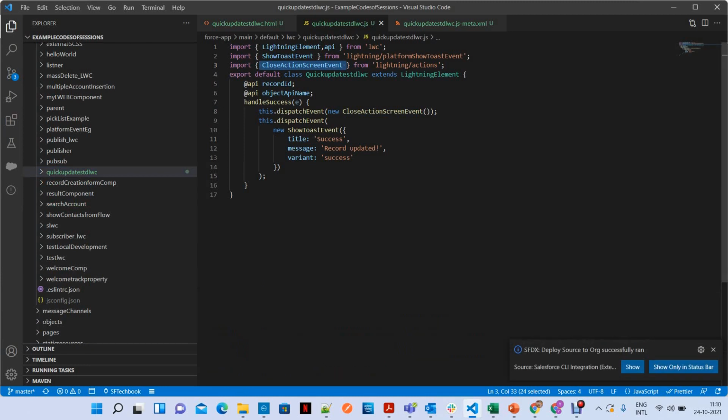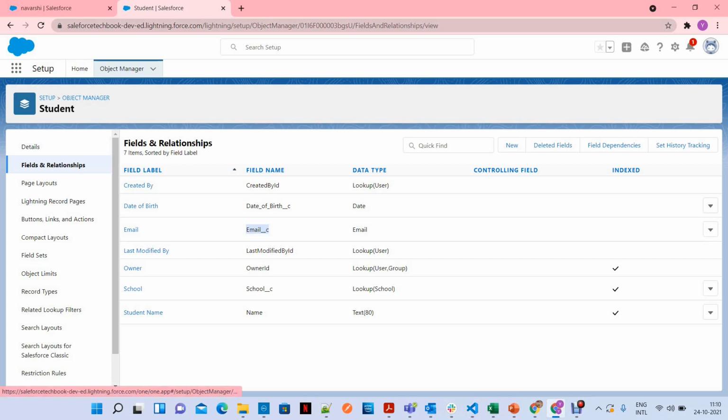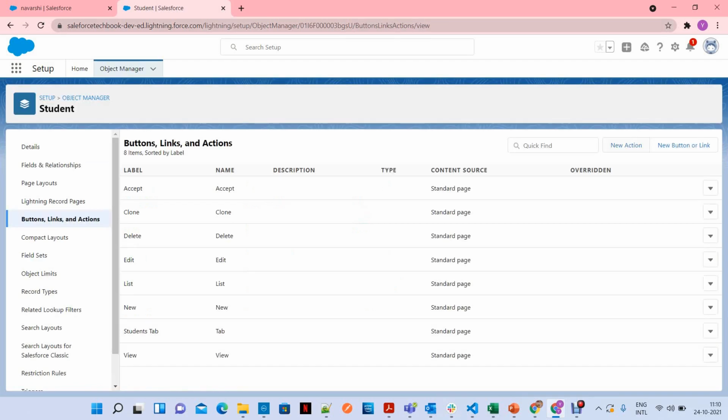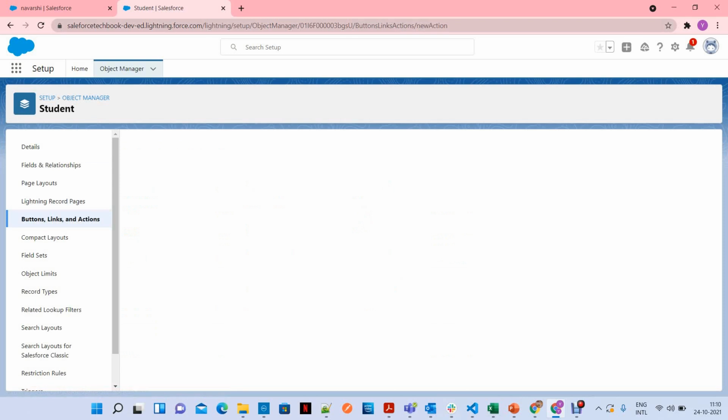Now let's start creating a quick action on the student object, under buttons, links and actions. New action.